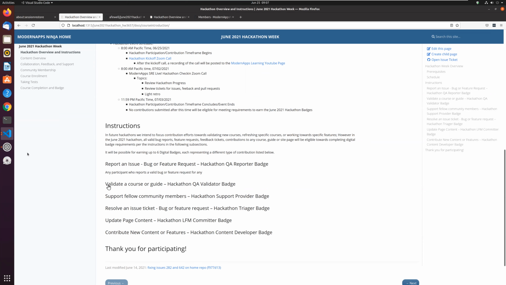And I think it's desirable. What you can do to get even more value out of your effort, to earn more badges with less effort, is this idea of reporting an issue, right? You can earn a badge for reporting an issue, a badge for resolving an issue, and a badge for updating content. It's absolutely possible to do all those three things in the same motion.